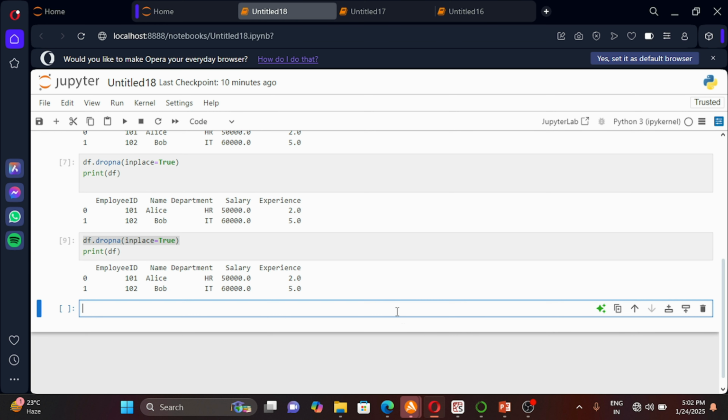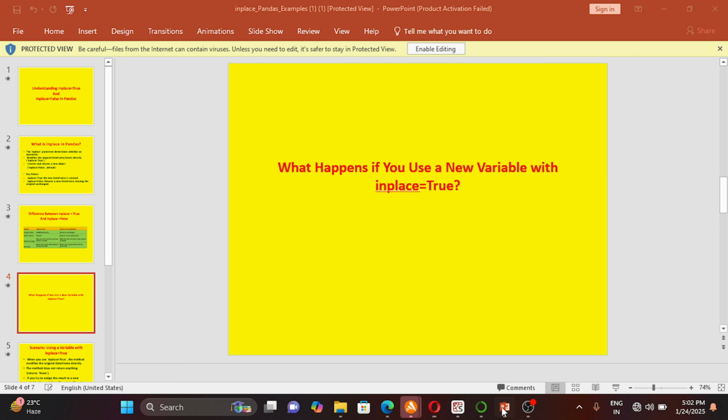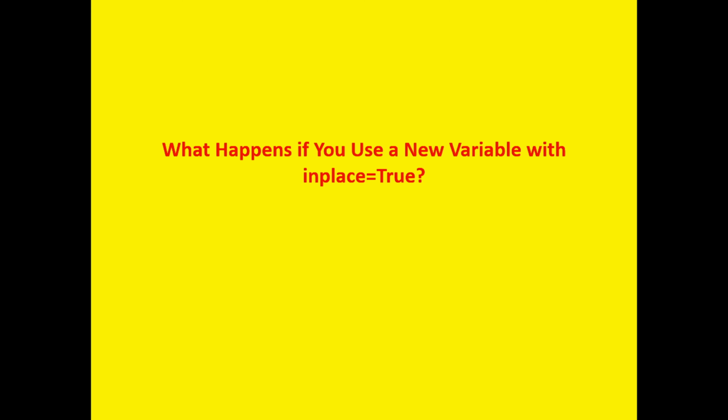So let me get back to my PPT and try to understand what is exactly happening here. What happens if you use a new variable with inplace equal to True? I'm trying to make you understand that in case of False, a new data frame is created from the original data frame, but in case of True, your original data frame is directly modified.